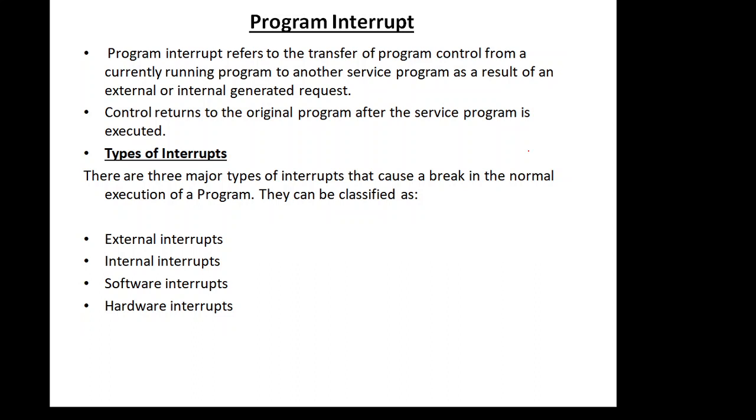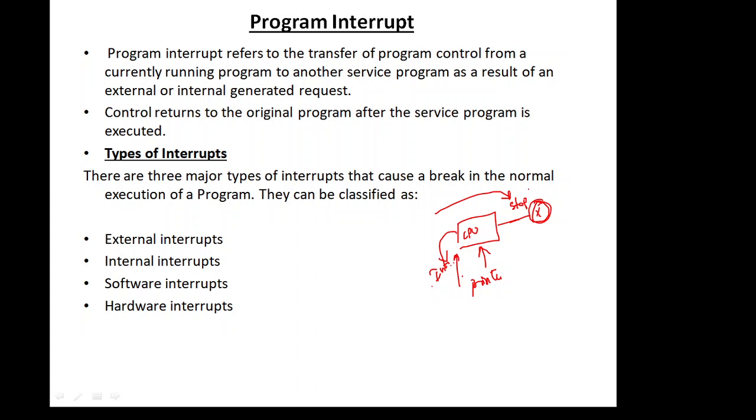And the next important topic is interrupt. Interrupt is nothing but halting the processor. Halting the processor is when the CPU is performing an X instruction and a printer needs the CPU. So this printer sends an interrupt to the CPU. What will the CPU do? It will stop the current execution of the program and attend this interrupt. After completion of that interrupt, again it will resume this X instruction. So that is an interrupt.